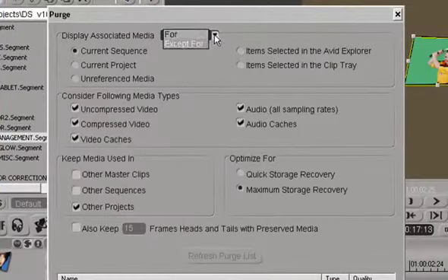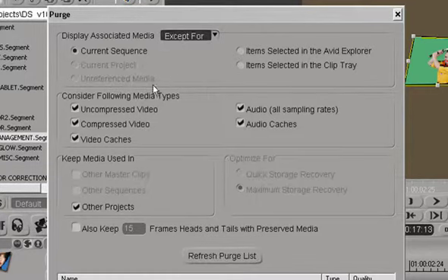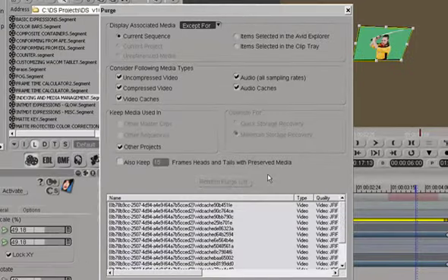We can use this logical operation, except for current sequence, refresh purge list. DS will queue for purging all the media files that are not associated with the current sequence. This particular setting, you see, we left keep media used in other projects. I said earlier that media, whether it's .gen or .mxf media on the DS, can be used by multiple clips and multiple projects. So there are cases where you digitize or capture some files, but they're used not just by the current project but some other projects. By checking this, you would ensure that you're not deleting anyone else's media.